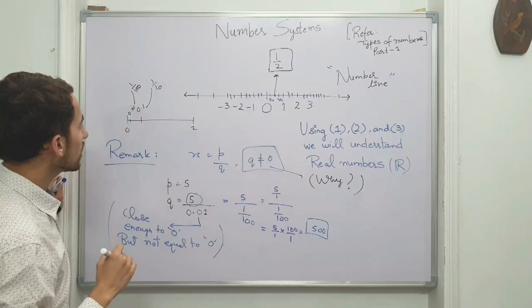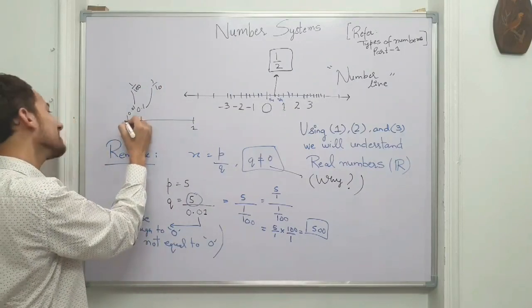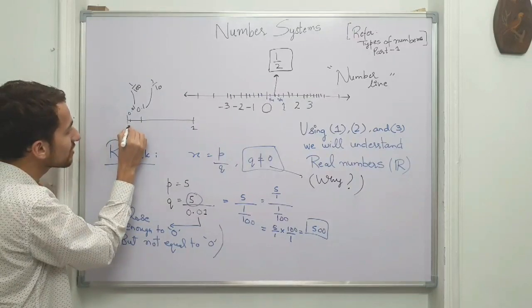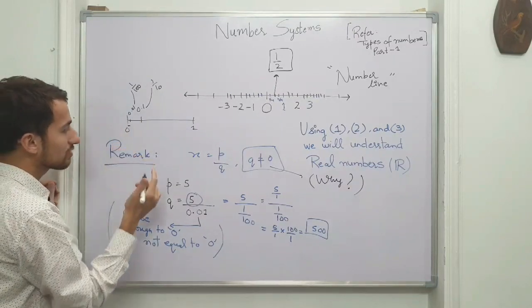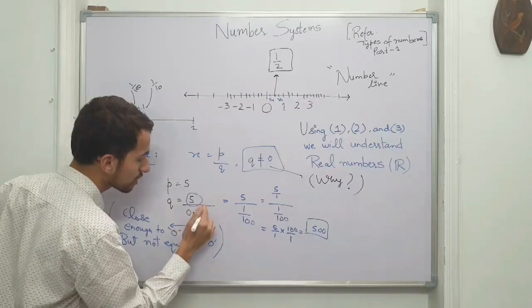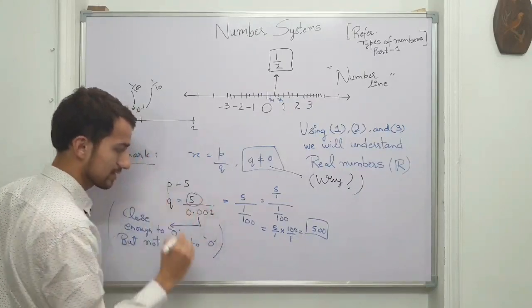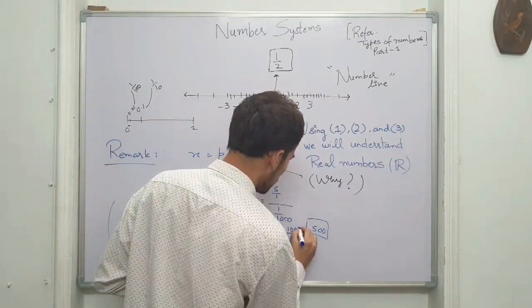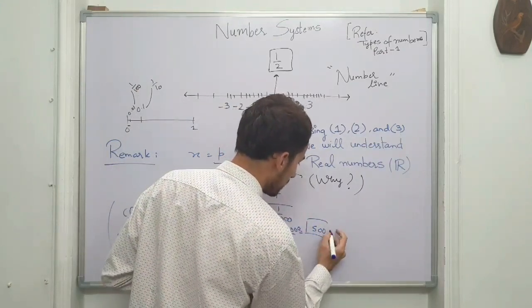Now if I ask you to take the 1/10 of this much part, it will be how much? Again one more 0 will come. The answer will increase, only one more 0 will come. 5,000